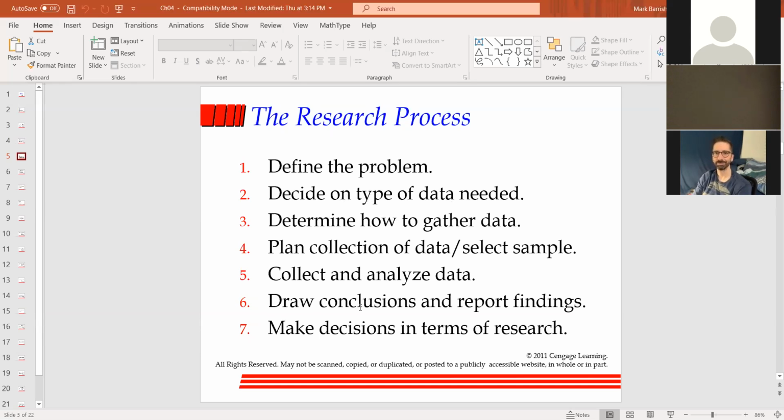So all these other steps depend on defining the problem very specifically, deciding the type of data, the variables, deciding how to gather the data, what type of sampling procedure you're going to use, how you're going to collect the data. If you're going to do a questionnaire, for example, now Steve, you didn't do a questionnaire in yours,